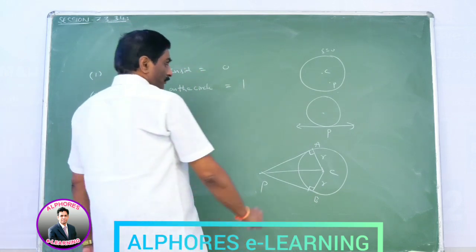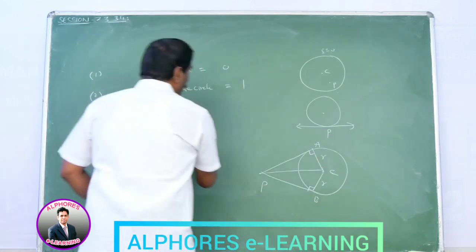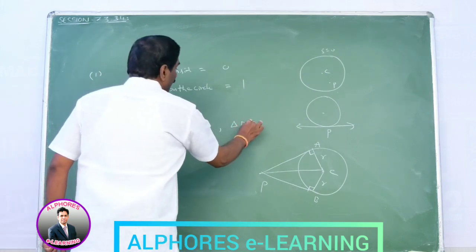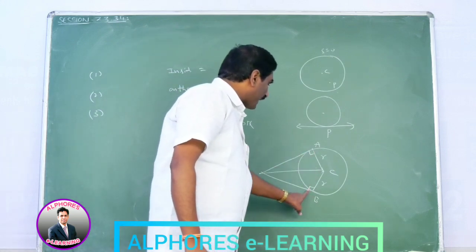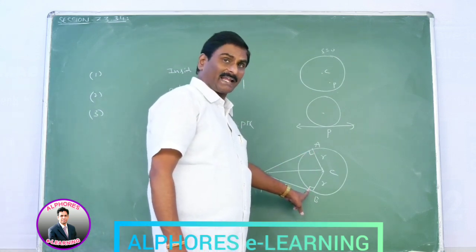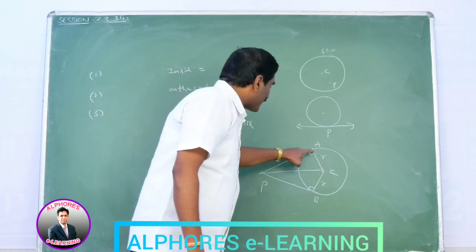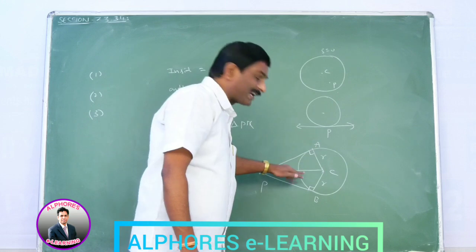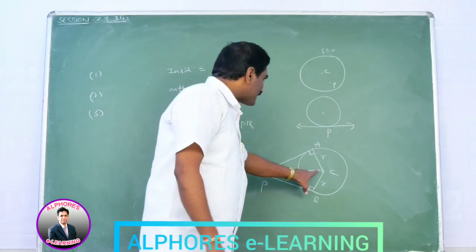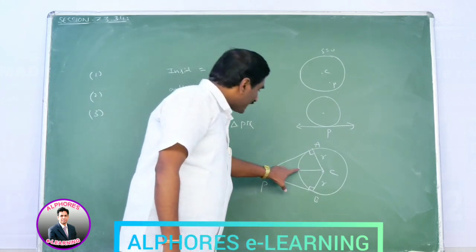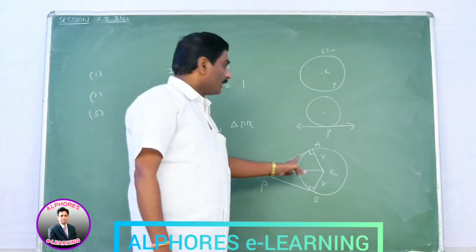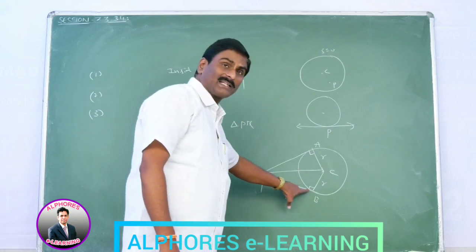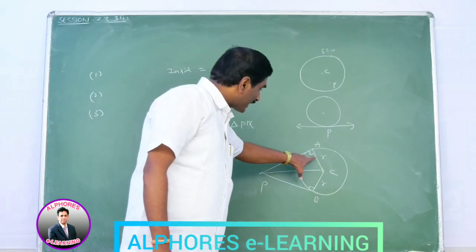Please observe this point. In triangle PAC and triangle PBC, angle A is equal to 90 degrees, angle B is equal to 90 degrees, right angle. PC is the hypotenuse. The side opposite to the 90 degrees angle is said to be the hypotenuse. So PC is the hypotenuse of this triangle. PC is also the hypotenuse of this triangle. That means both have the same hypotenuse, right angle the same 90 degrees. The hypotenuse is common. And the third side has length R.